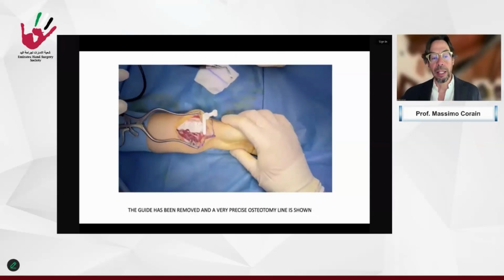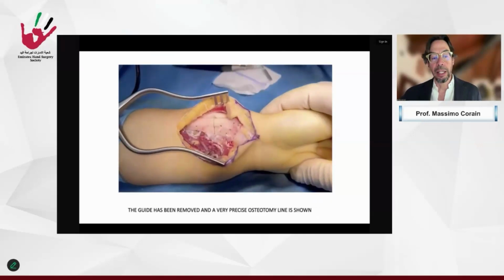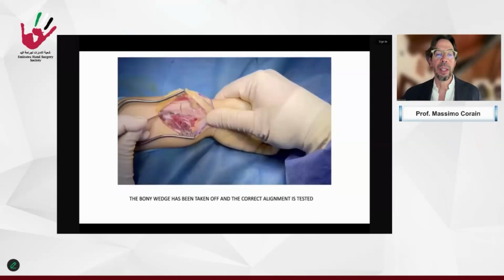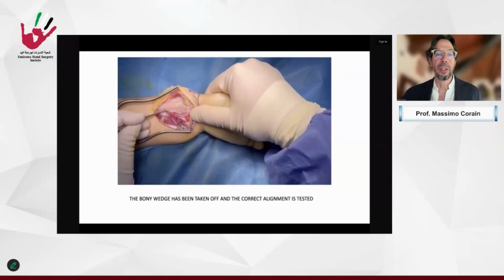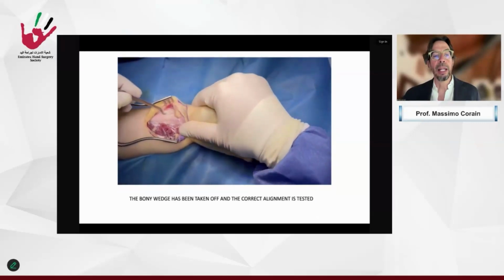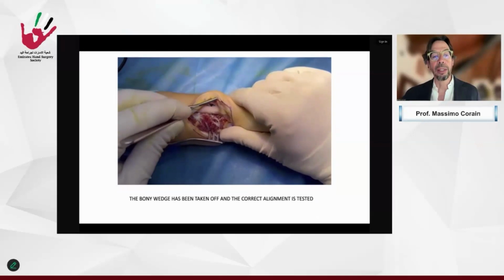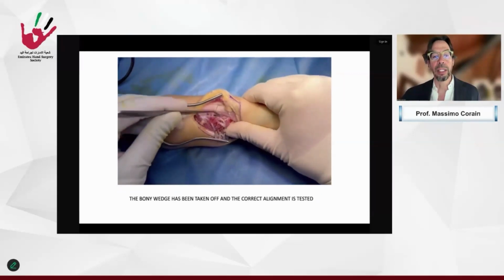Then the guide has to be removed and I check the osteotomy, and I can take off the wedge that I've signed in this way. So, having removed the wedge, I can reduce the osteotomy as planned and check how correct the alignment is during the manual testing.